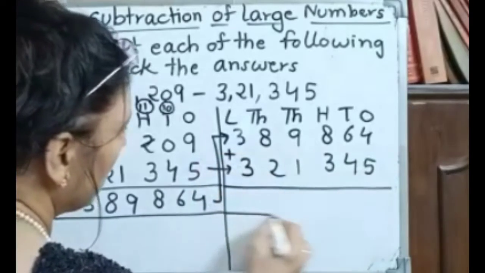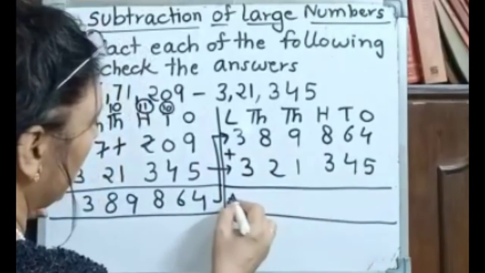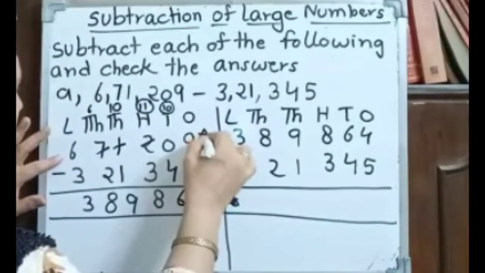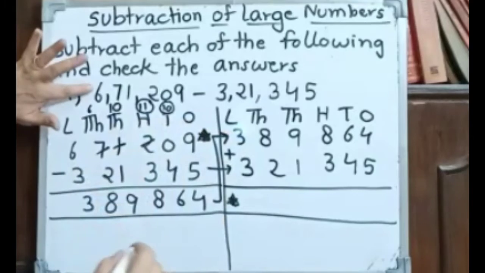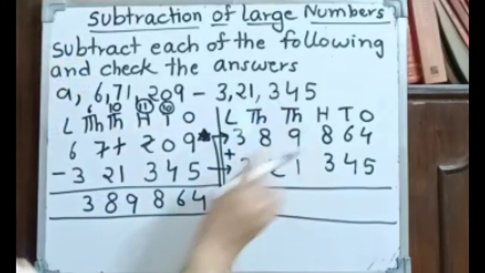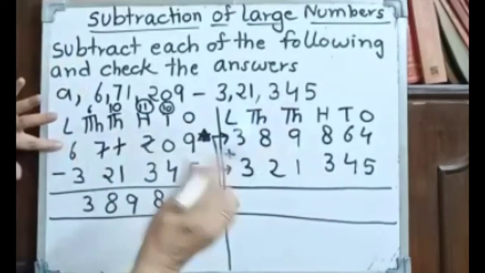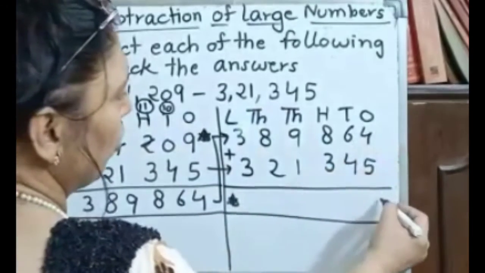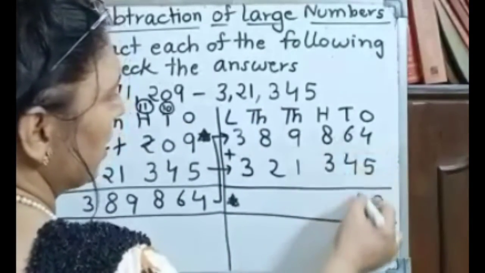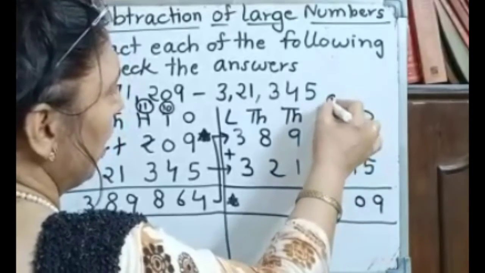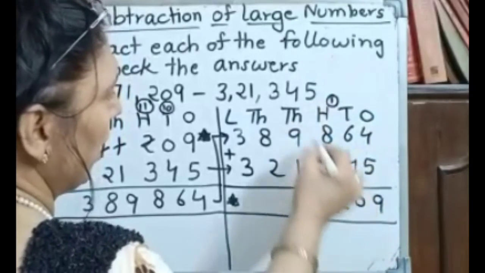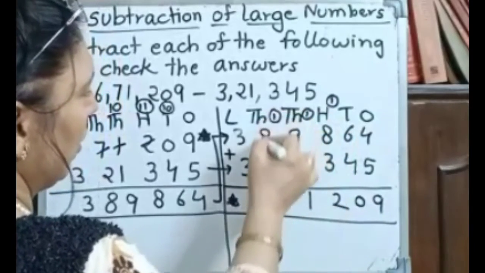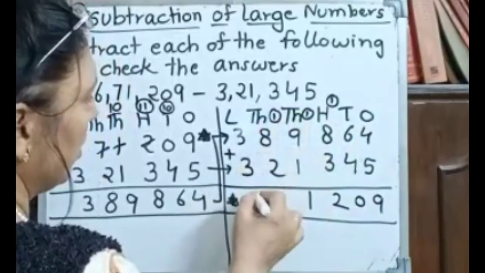Now see, look at here. Make one star here and make one star here. Make one star here, this number. So if now you add it, if the numbers are the same, it means that you have checked your sum and your sum is right. Now come here. 4 plus 5, 9. 6 plus 4, 10. 1, 9, 10, 11, 12. Now 1 carry over, 10, 11. Now 1 carry over, 9, 10, 11, 7.